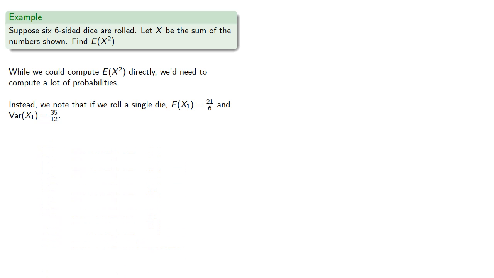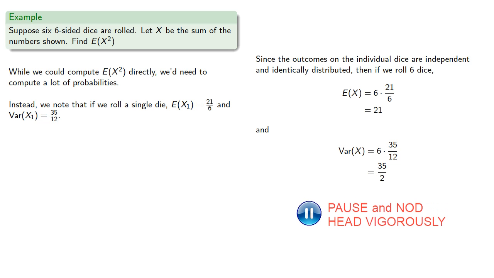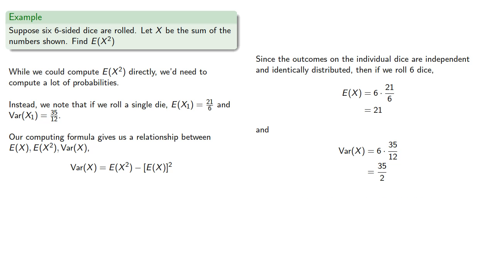Since the outcomes on the individual dice are independent and identically distributed, then if we roll 6 dice, the expected value is 6 times the expected value of any one of them, and the variance will be 6 times the variance of any one of them. Our computing formula gives us a relationship between the expected value, the square, and the variance, and so we find